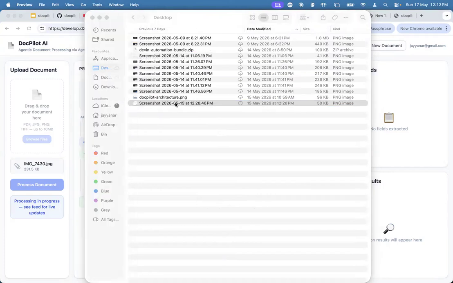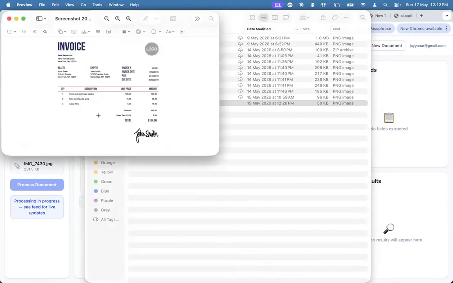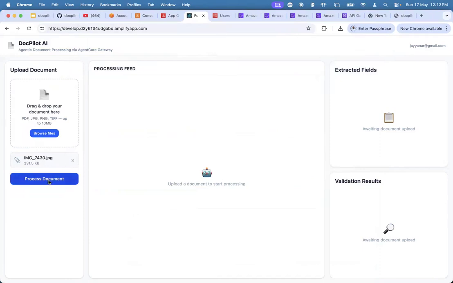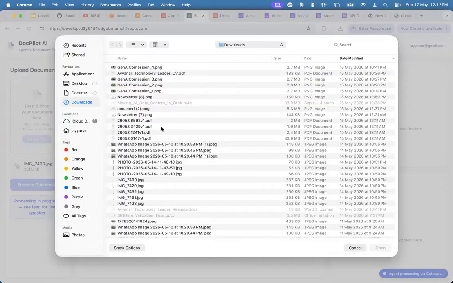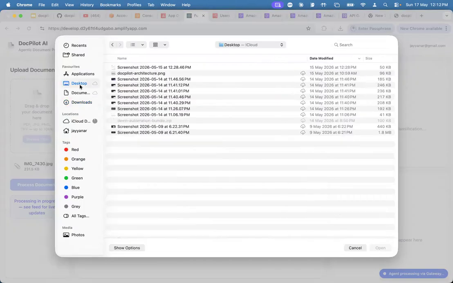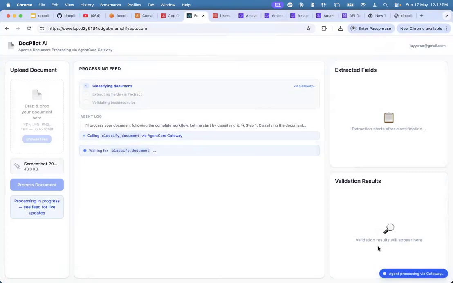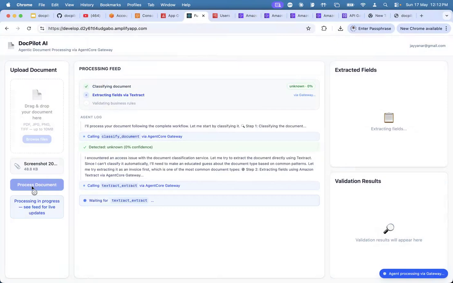Some invoices are there. Okay, I've taken a sample invoice. Let me click on new document, process the document. Sorry, browse, desktop, and click on this one. Upload it.